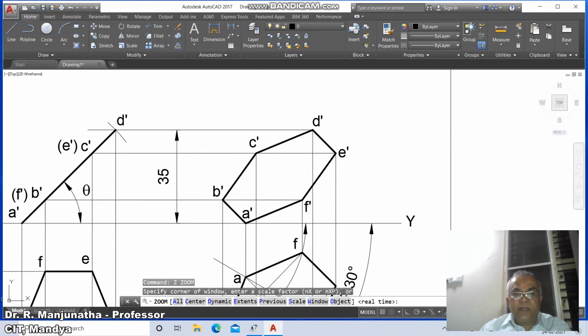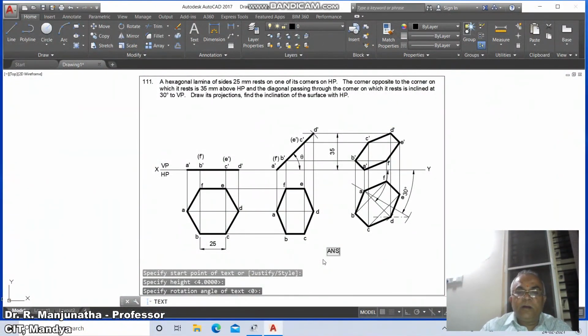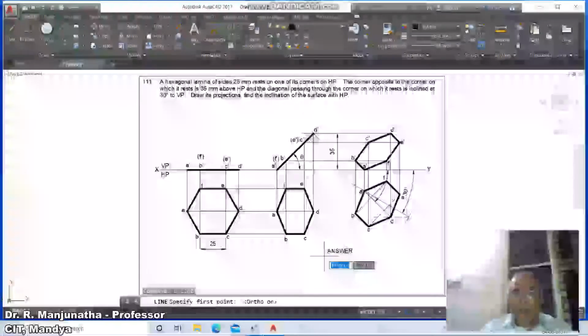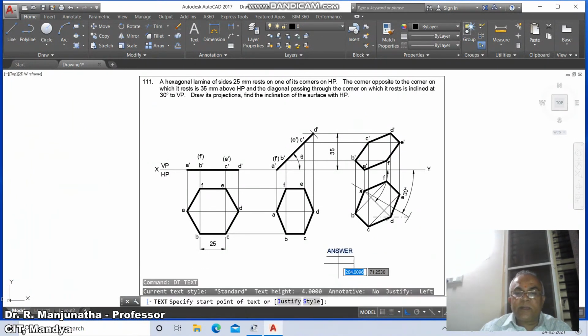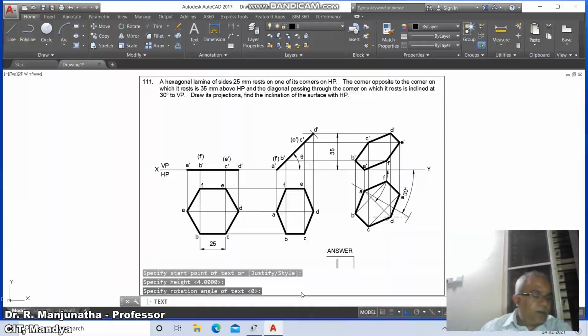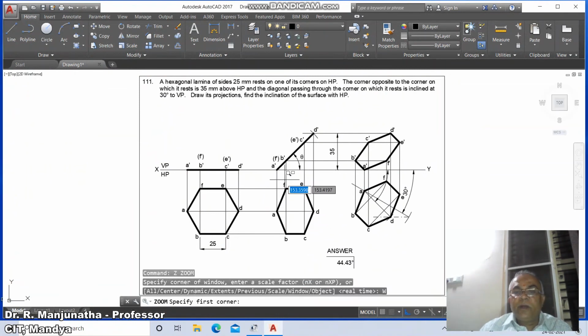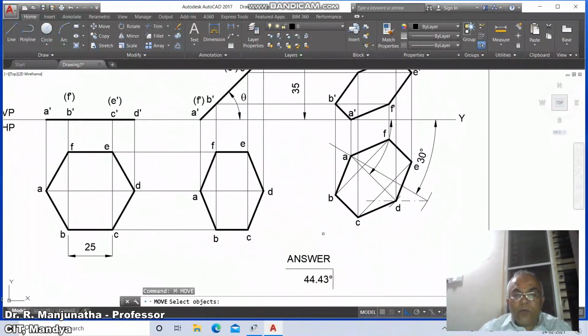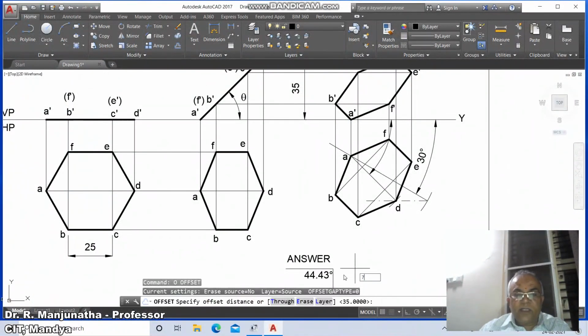Then go to zoom previous, and here you type D text and type answers, and here go to line, put on the ortho mode, you type here and go to D text. So here you type 44.43 percentage D. Then go to zoom window and you take move, switch off the ortho mode, then go to move and go to offset, take the distance as 7,